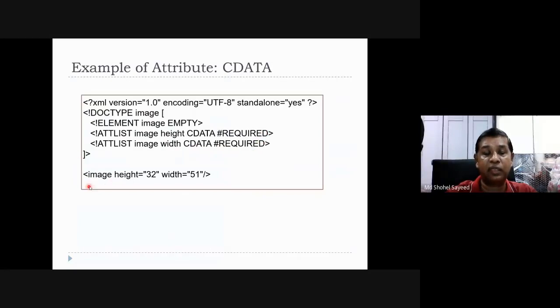So now if you want to write into the XML document, you must write these two things. Image height is required and the width is also required. I think it's very simple to understand this one. Next,